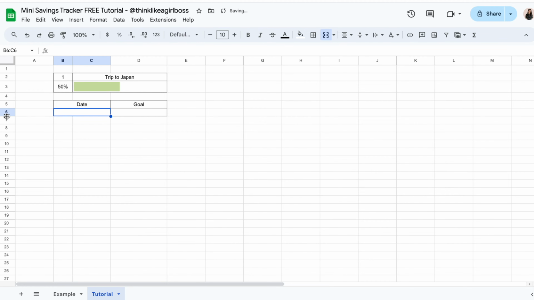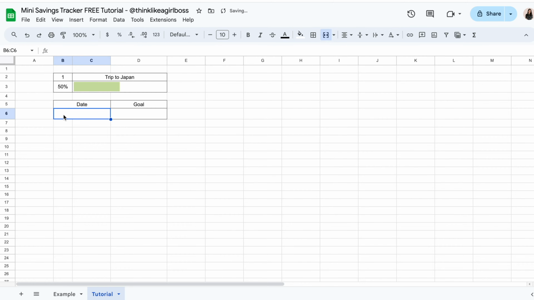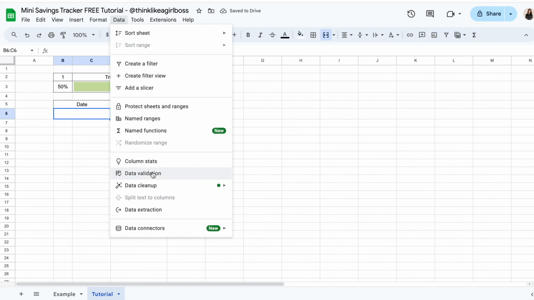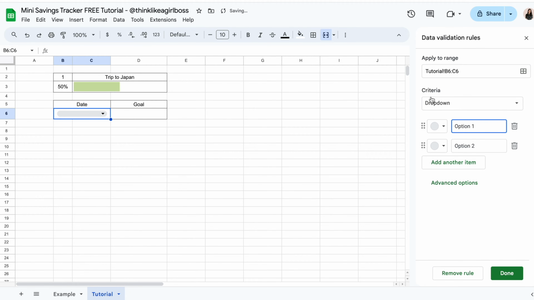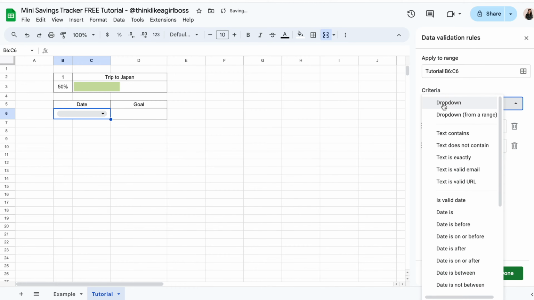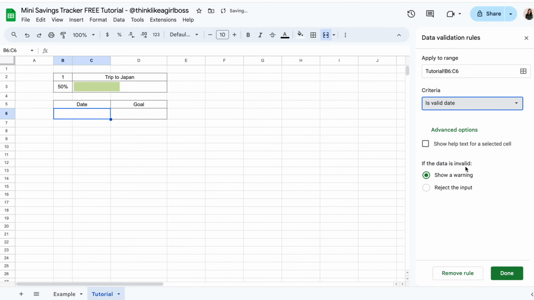First, I'm going to make row 6 a bit taller, and then I'm going to select cell B6 and I'm going to click on data validation, and I'm going to select this option that says add rule, and from this criteria drop down, I'm going to click on it. I'm going to see all the options and I'm going to select the one that says is valid date, and then if the data is invalid, what I'm going to do is reject the input because the only thing that I want in that cell is a valid date. So make sure that your options look like this, and then I'm going to click on done